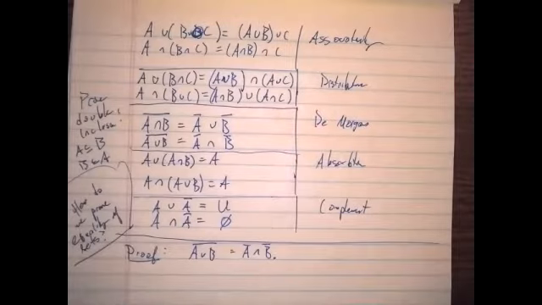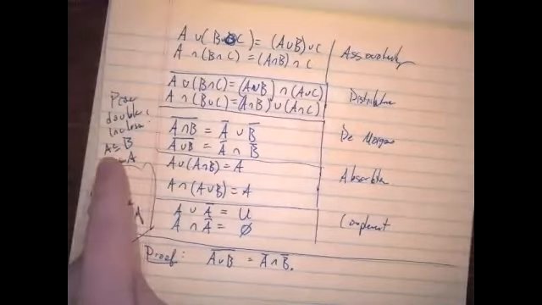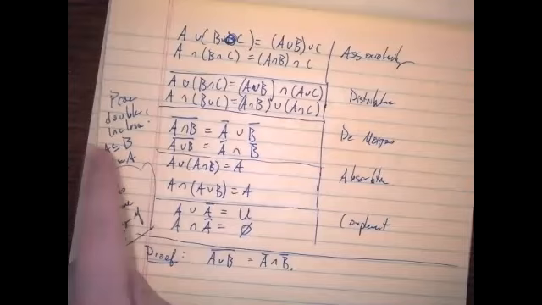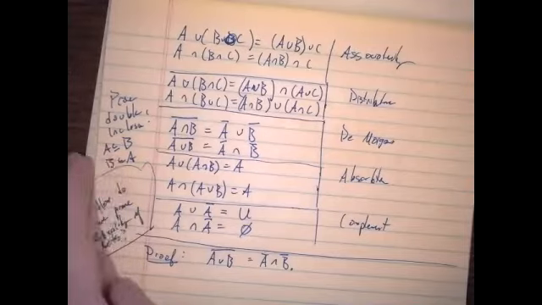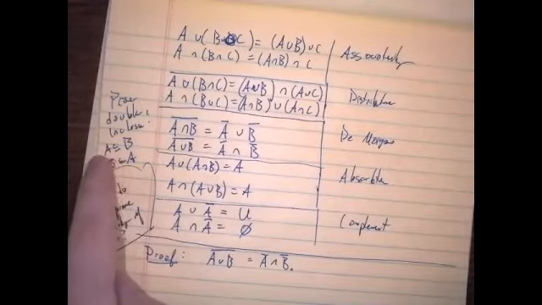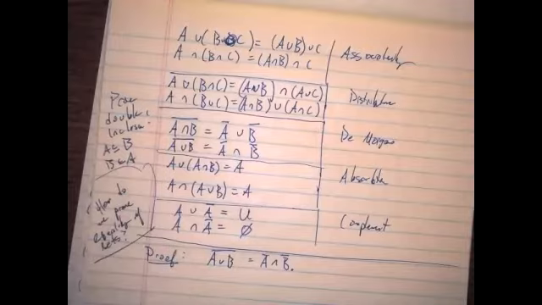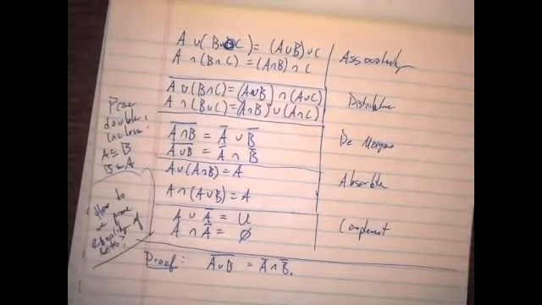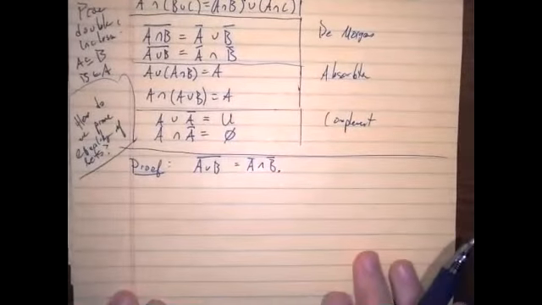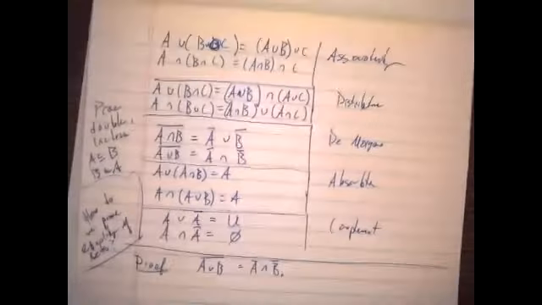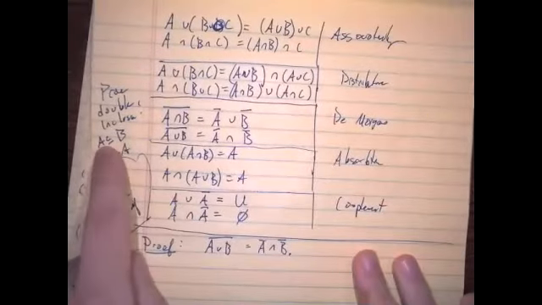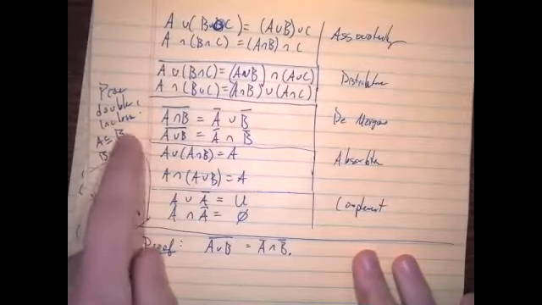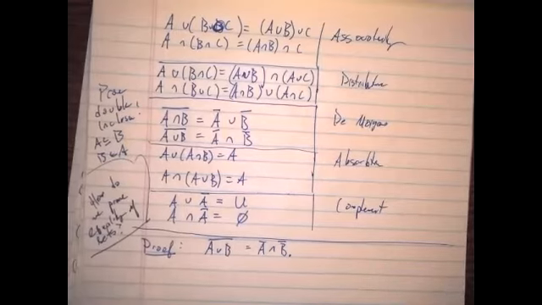This is how we prove something is a subset. How do you prove that something is a subset? If you want to prove that A is a subset of B, you must show that for every element of A, that is, X in A implies X is in B. The idea is you start with an element in the subset and you show that it must be an element in the larger set. That's how you prove a subset.